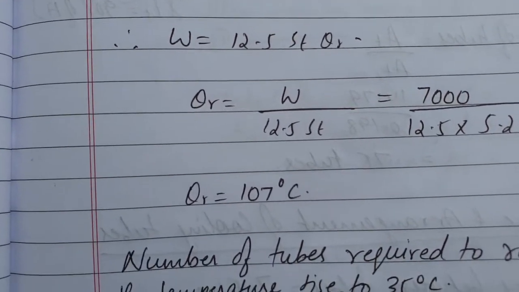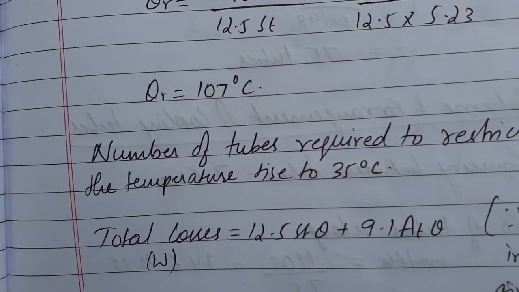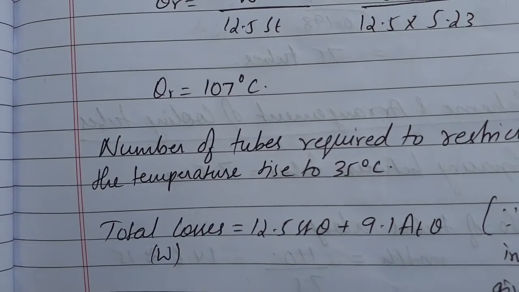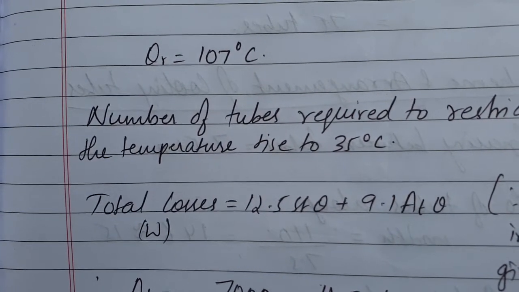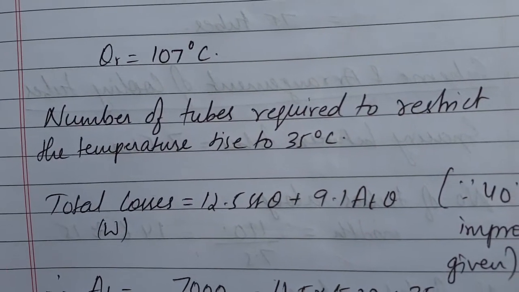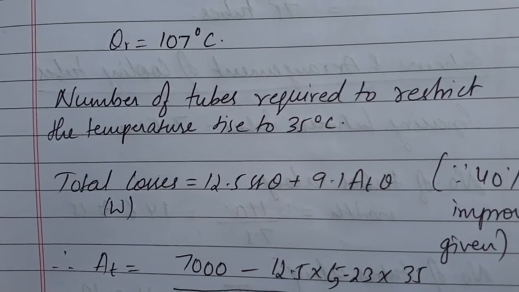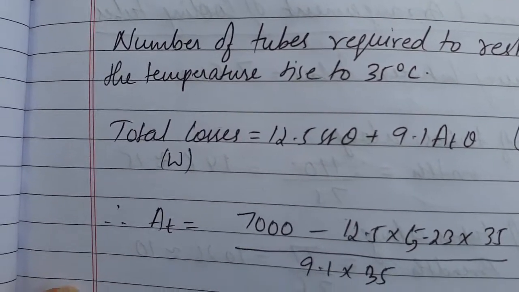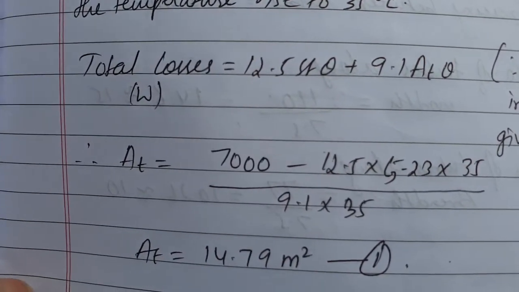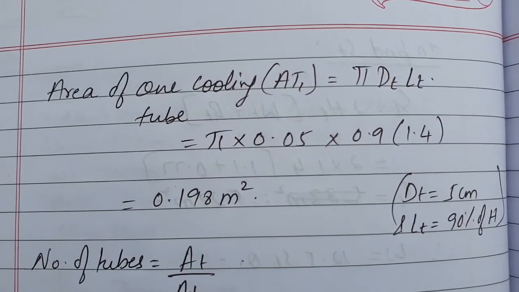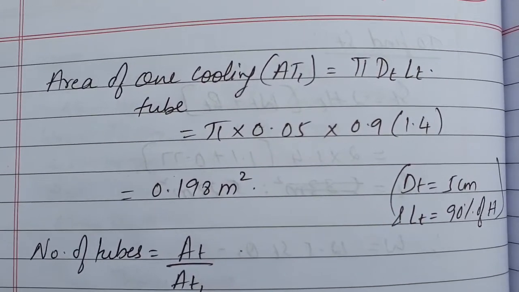So let us continue. Therefore, the number of cooling tubes required to restrict temperature rise to 35 degrees Celsius: W is equal to 12.5 St theta plus 9.1 At theta. 9.1 because in the numerical it is given 40% improvement. From the above equation, you can calculate At is equal to 14.79 meter square. Next, let us calculate area of one cooling tube, that is A1 is equal to pi Dt